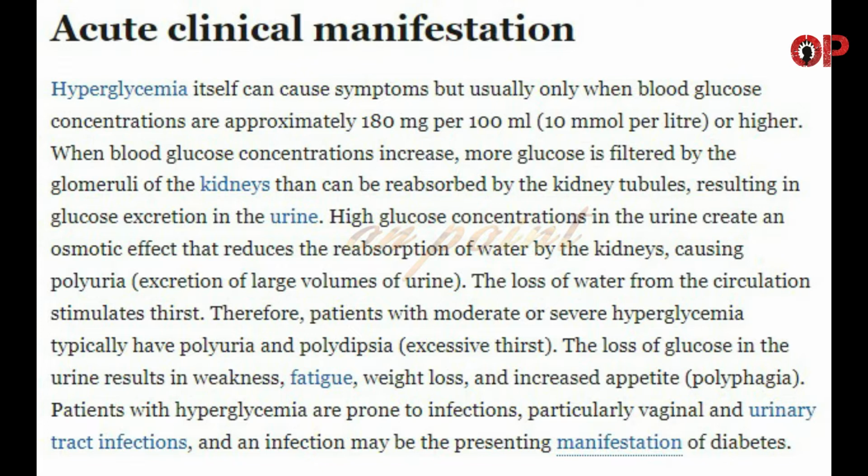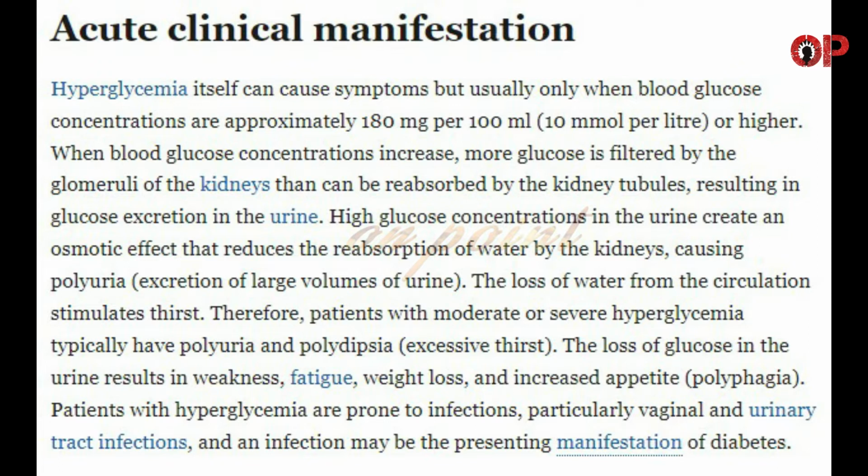The loss of water from the circulation stimulates thirst. Therefore, patients with moderate or severe hyperglycemia typically have polyuria and polydipsia, excessive thirst. The loss of glucose in the urine results in weakness, fatigue, weight loss, and increased appetite, polyphagia. Patients with hyperglycemia are prone to infections, particularly vaginal and urinary tract infections, and an infection may be the presenting